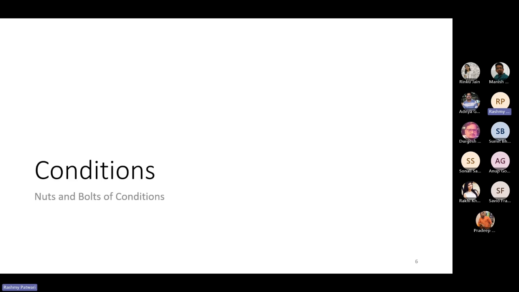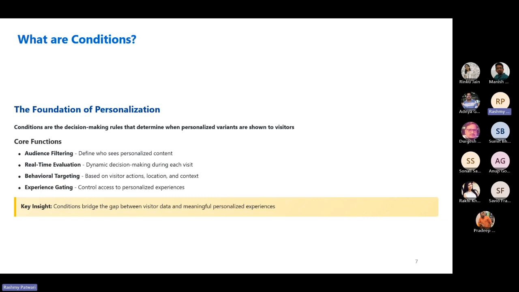Okay, coming down to conditions, what have we got? Conditions are pretty much the foundation of personalization, especially since we are moving more towards SaaS products. Some of us have worked with the platform products as well, and we still work with XM and XP. XP had a very rich marketing automation as a product, and we had rules-based personalization available to be enabled in XP.